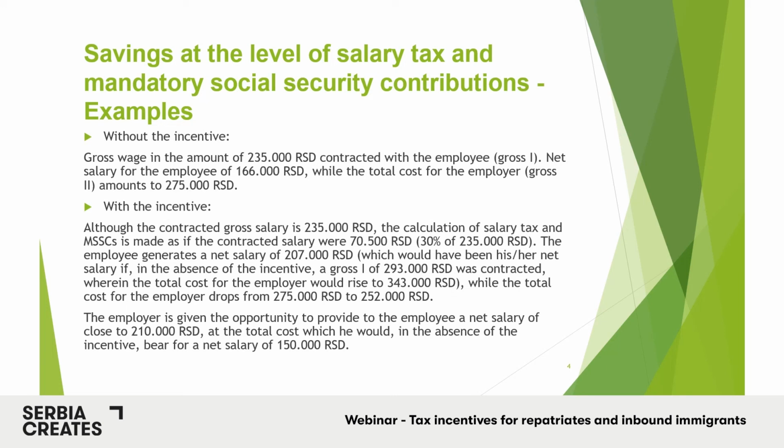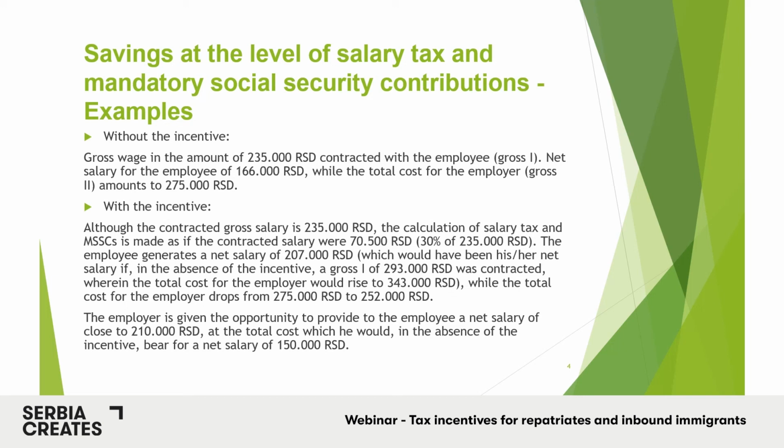because a certain portion of mandatory social security contribution is not only withheld from the employee's gross salary, but is actually paid at the expense of the employer. Now, with the incentive, what you get is this. You've contracted a gross salary of 235,000 dinars, but for the purposes of calculating salary tax and mandatory social security contributions, you use not the actual contracted salary as a basis, but only 30% of this salary. So the mandatory social security contribution and salary tax calculations will be done on a basis which is 70,500 dinars